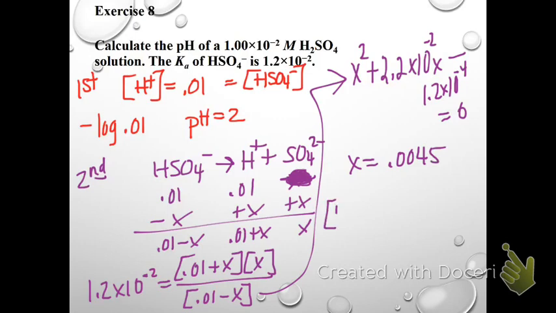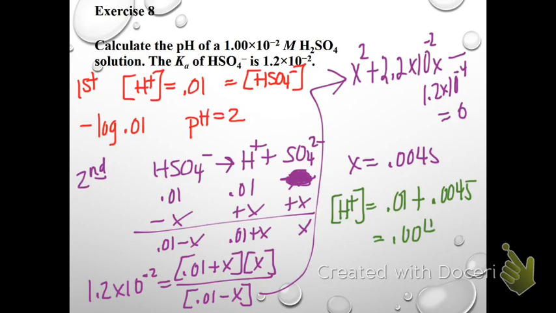So now for my total hydrogen, let's go with green. For my total hydrogen, I have to add 0.01 plus 0.0045. So I get 0.004. No, that's not right. Sorry, I'm copying the wrong thing here. 0.0145. So now take the negative log of